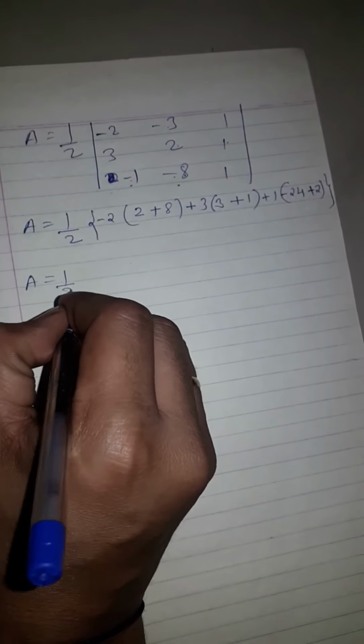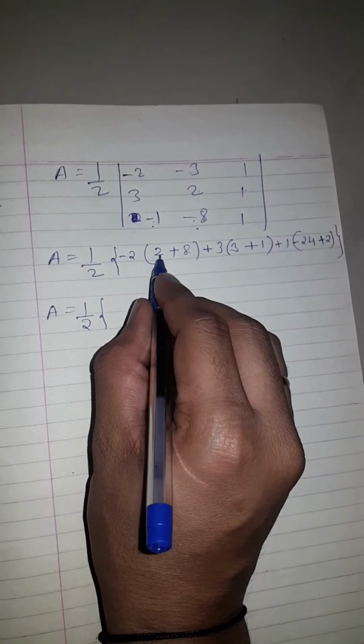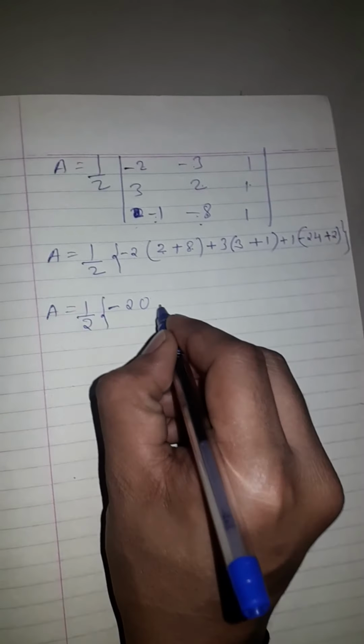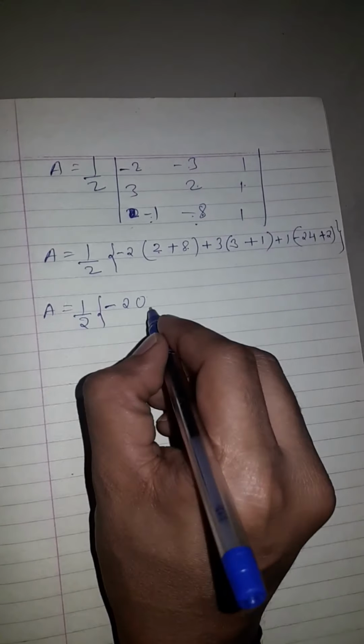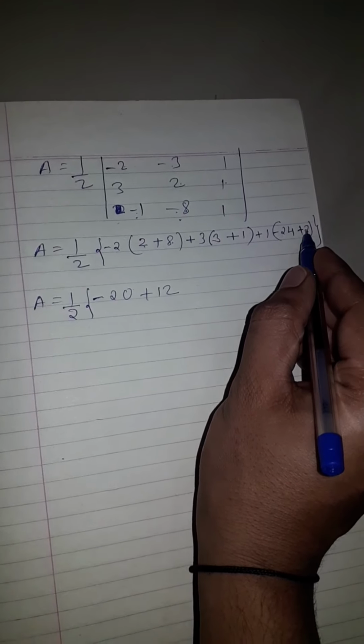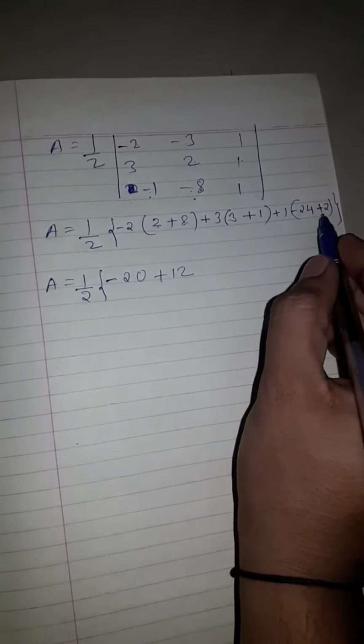Then area is equal to half into 8 plus 2, that is 10, 10 into -2 is -20, 3 plus 1 is 4, 4 threes are +12, -24 plus 2 is -22, -22 into 1